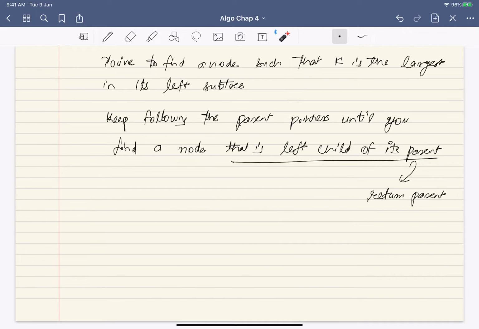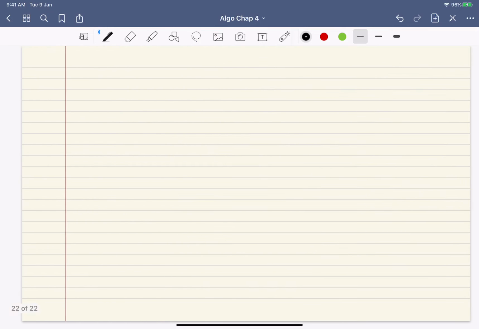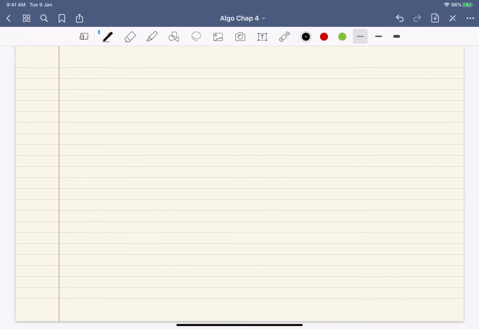So now can I write the pseudocode for this? Suppose we have the parent pointer. So I also have the pointer to the node for which I am finding a successor. BST successor, say X. If you are only given the value, then you have to use a search procedure and find the pointer, and then you start from there.